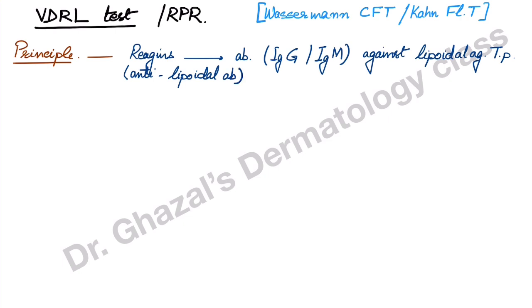Lipoidal means lipid-like, and these are phospholipids which are present in the cell membranes of the host. They are present both in human cell membranes and many bacteria including Treponema pallidum. So these reagins, the antibodies, are produced against these phospholipids, and thus they are non-specific because these